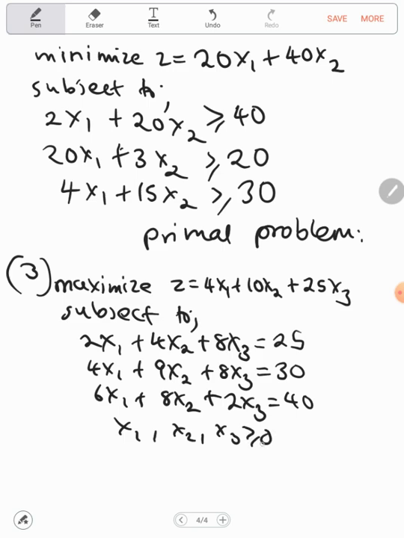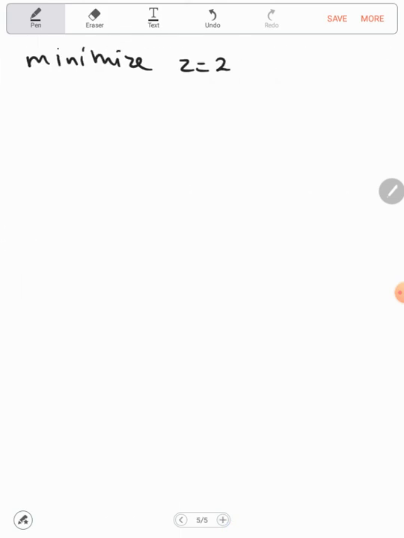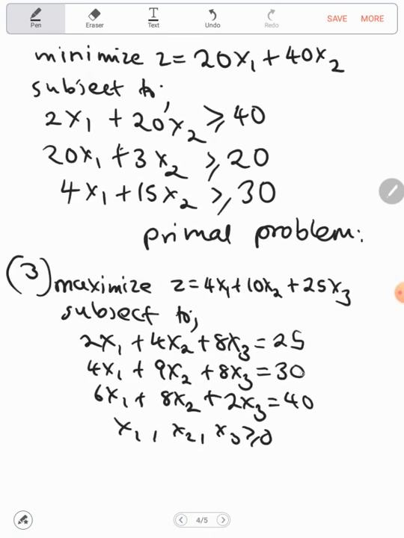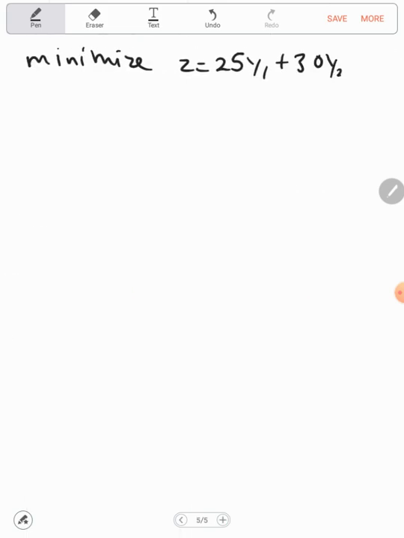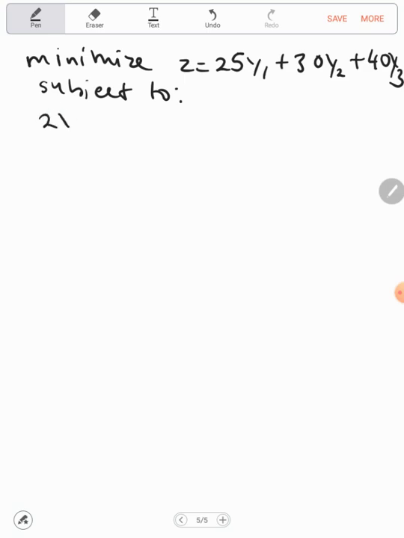In this case, you have to turn this situation the same way. You have to turn it into a minimization problem. So this will be minimize z equal to, so you can see that we have 25, 30 and 40. So you have 25y1 plus 30y2 plus 40y3, and then this will be subject to, this is the minimization problem, so you have greater than or equal to sign. The first constraint, 2y1 plus 4y2 plus 6y3 greater than or equal to